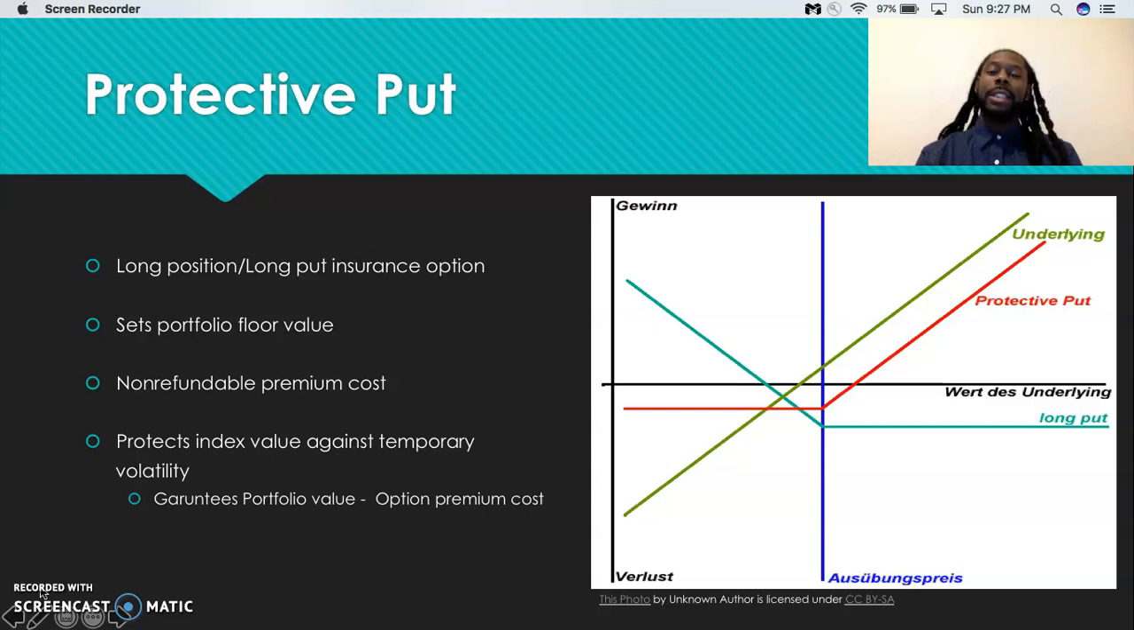The premium cost is basically the cost to purchase the put and put it in place. It also protects the index value against temporary volatility. If your stock was to increase or decrease, that protection is put in place to stop you from having a total loss, and it also stops you from having a total gain. But I guess it's a balance between protecting against the volatility within the market. No matter what, you'll be guaranteed the portfolio value minus any optional premium cost that you pay towards implementing the